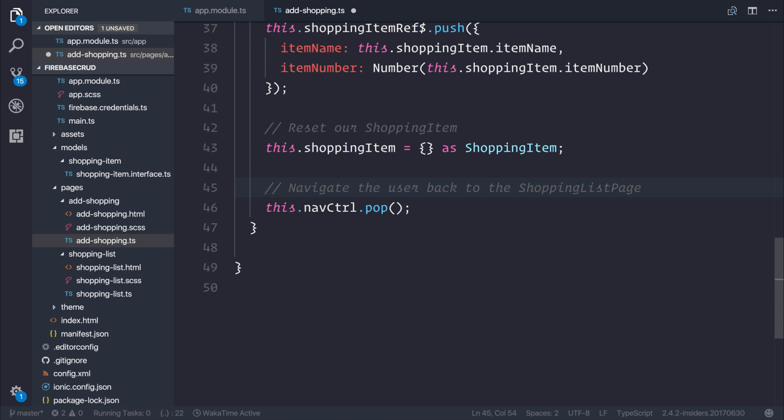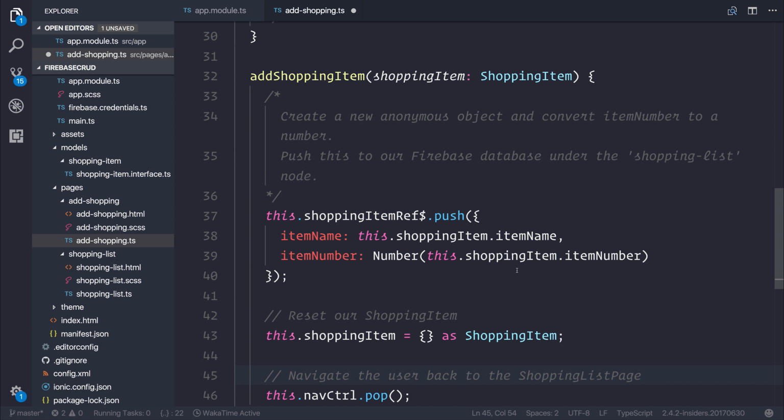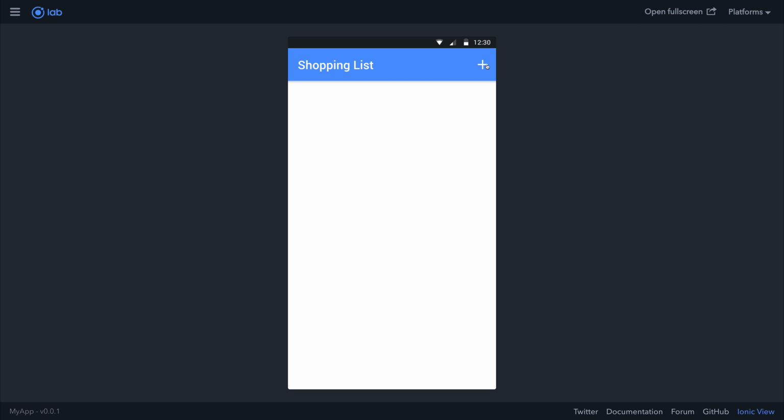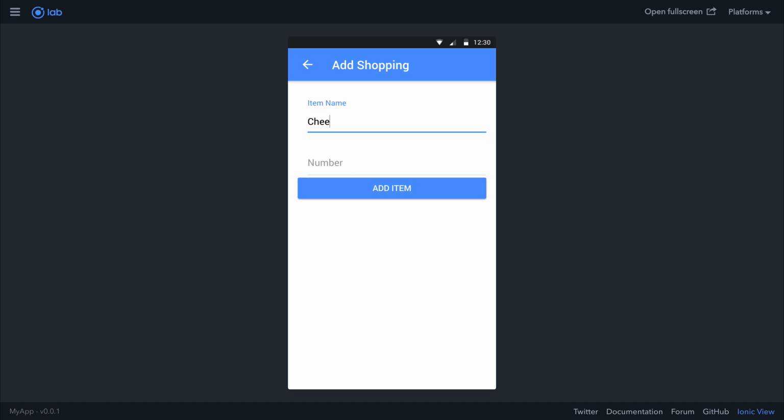So in this lecture, we've looked at adding a shopping item to our Firebase database. We've also looked at resetting our item, as well as popping the user back to the shopping list page. Let's take a look at this in action. So here we have our shopping list. If I select the plus button and I add cheesecake with a number of 5 and I hit add item,